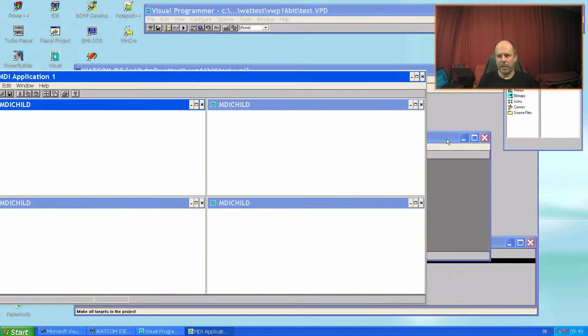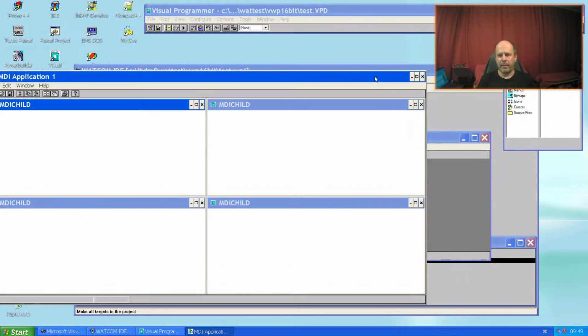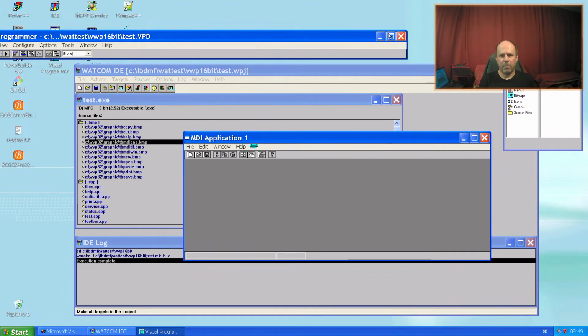You see the designer shows here something different, and the resulting 16-bit application is therefore a setting from the project. And I want to close this.